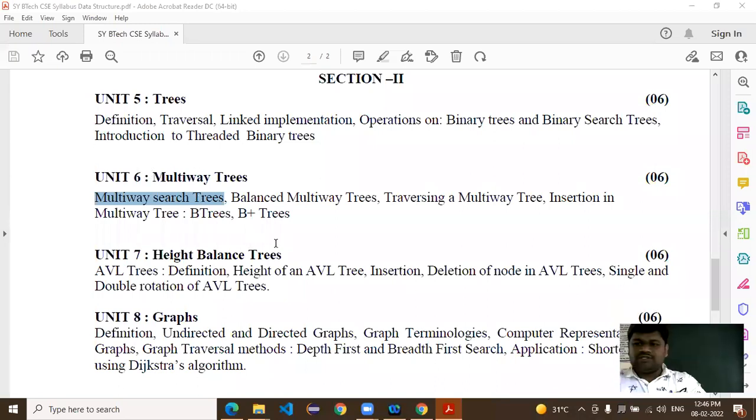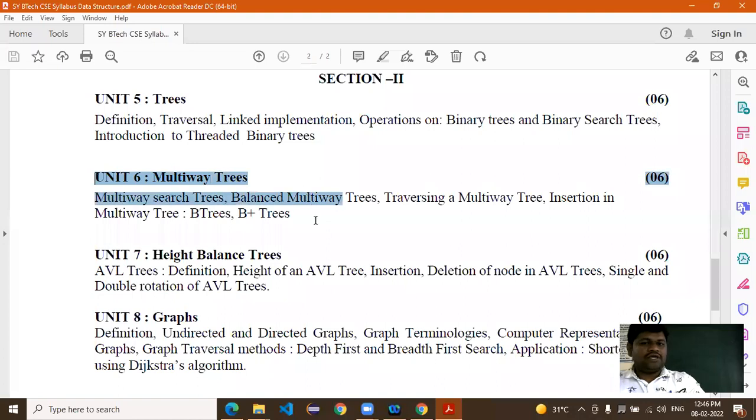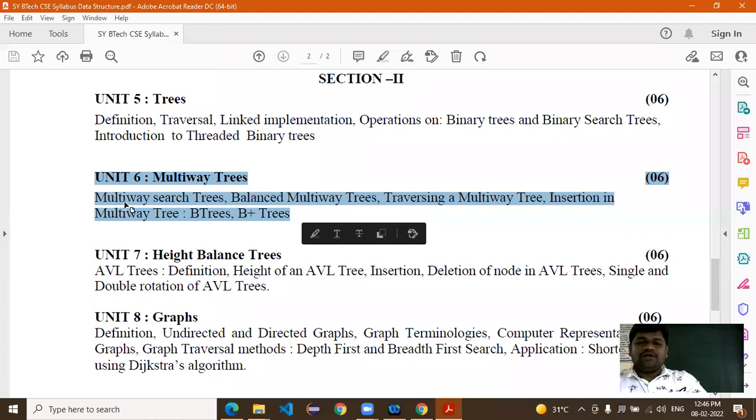Now we'll go through the PDF. So unit 6, multi-way trees. Right. So here, multi-way search tree. The first point we will discuss is the multi-way search tree. After that, balanced multi-way trees, and after that, traversing a multi-way tree and insertion in a multi-way tree.